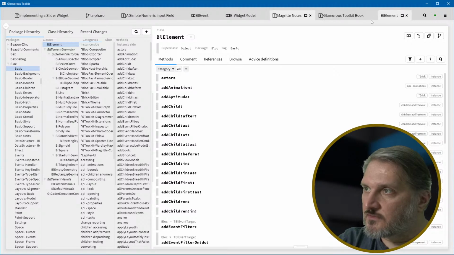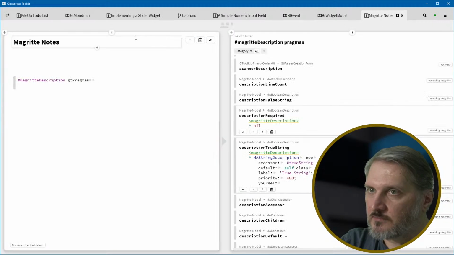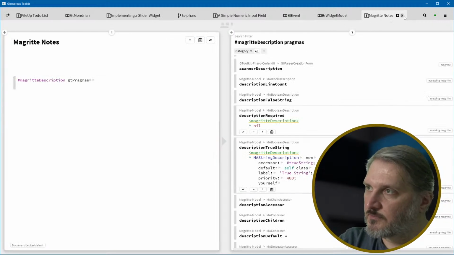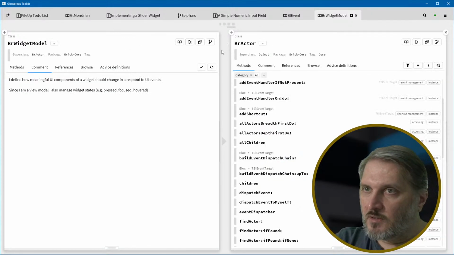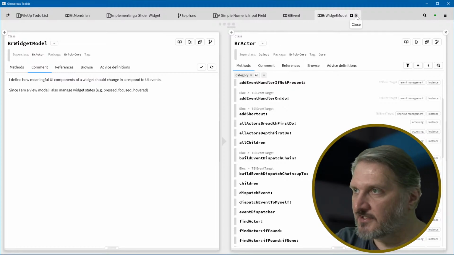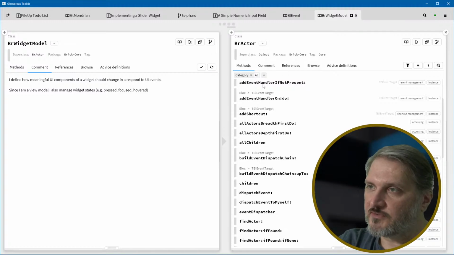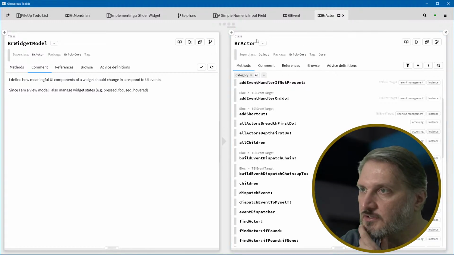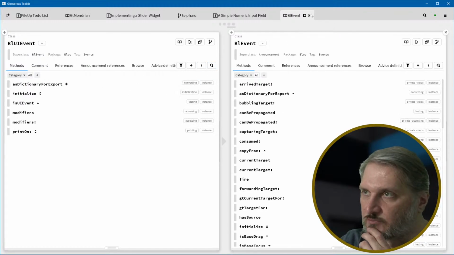All right, so let's close all these windows that I don't need, and then we'll save the Programmer's Toolkit book. That's the manual. Agreed is something for making forms. I'm probably going to be using that in this project, but I'm not ready to talk about that yet. Our widget model, or actually, it's a tool for describing your data, and from that you can generate forms. VR widget model. This is me looking into how view models work. VR actor and widget model are kind of similar things. There's not a lot of documentation, so I'm kind of exploring